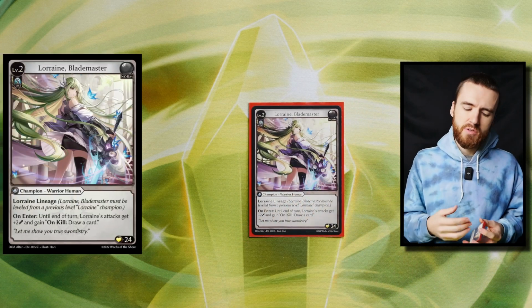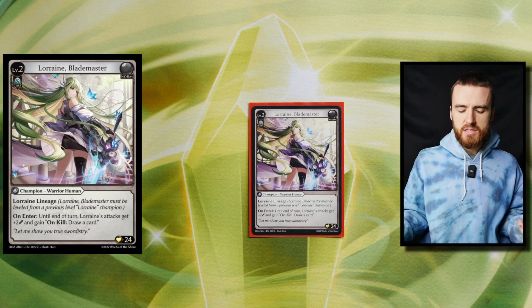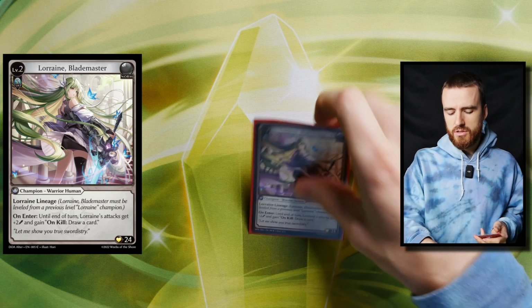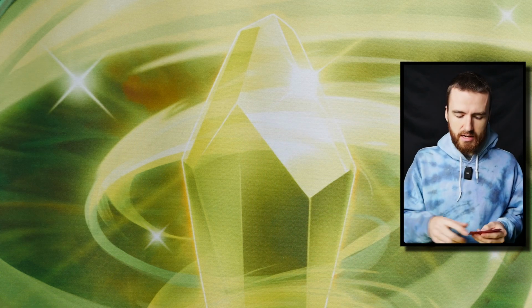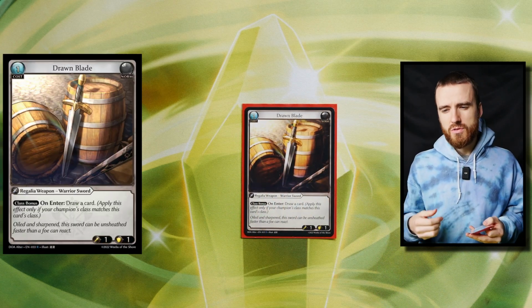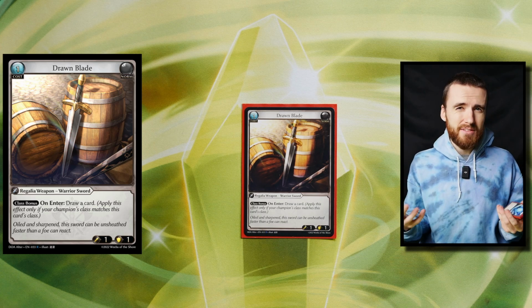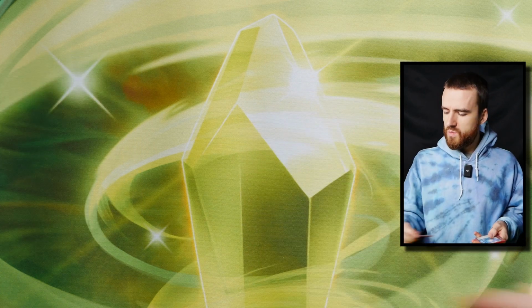Then we have Lorraine level 2. Wind allies are still around, you know, so we are running sweeps. This is just a really good utility kit for how the meta is right now. Drawn Blade, really great way to use up some floating memory that you might have and also to keep attacking with your champion. You know, this is kind of the flex spot to me, honestly,